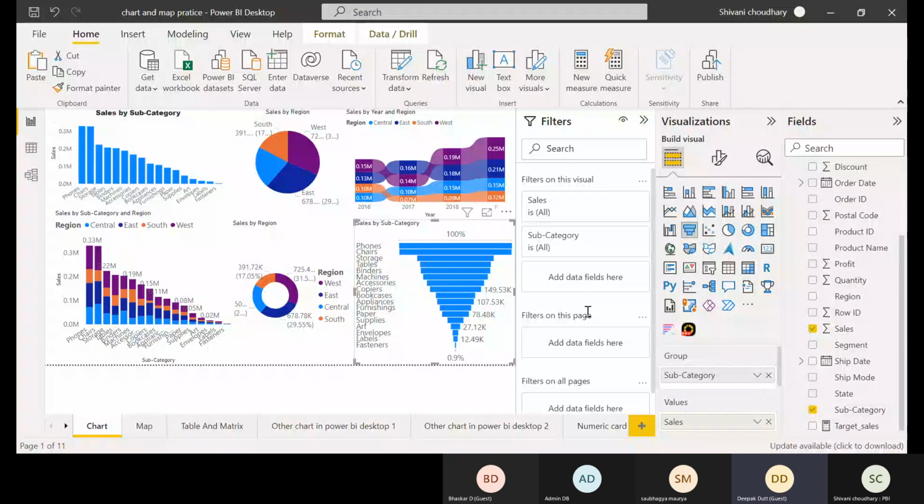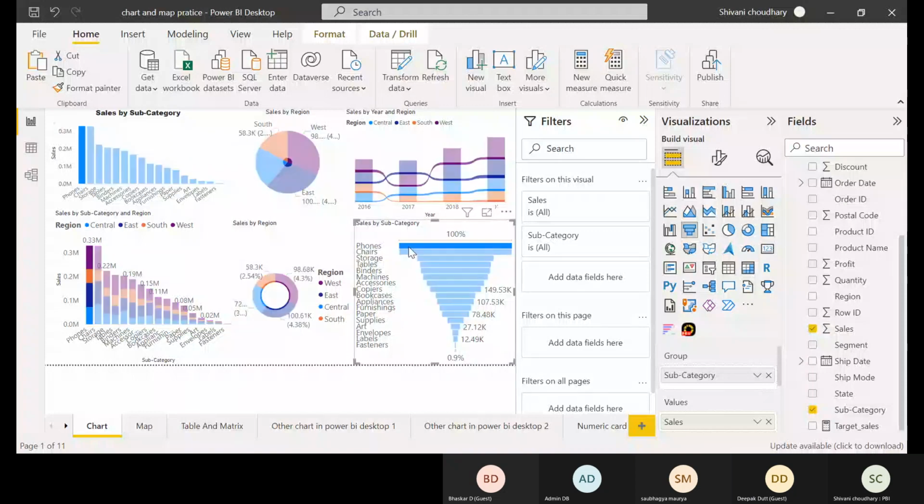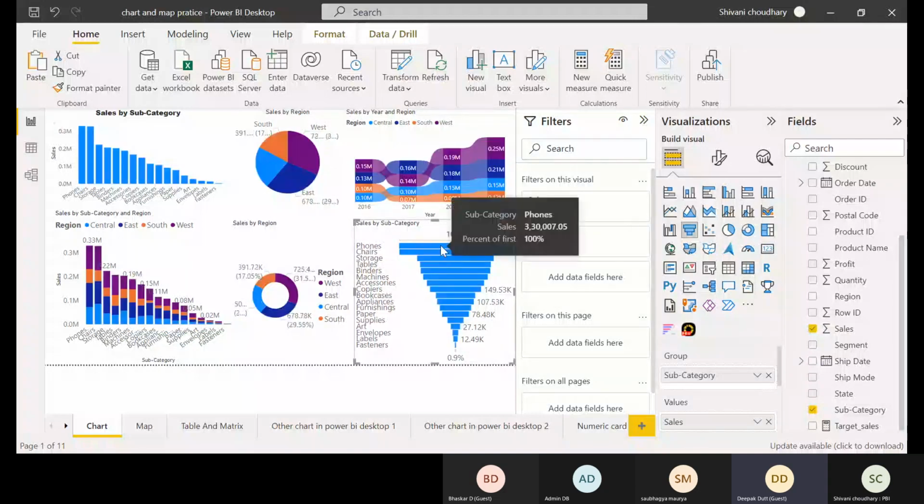Now if you hover over there in the visualization, phones. I'm not seeing anything. You are selecting it, just hover over it. Okay. First select the chart again, select that point again. Okay, now just hover over there. Fine. So you can see that percent of first is this. This will show you the value, the percent of first, right? First is phones. So consider it as